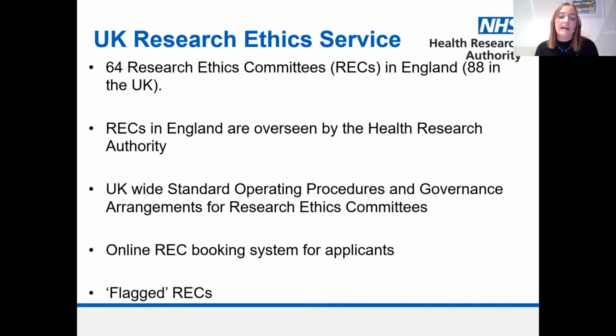We have an online ethics committee booking system for applicants. This is something we've introduced in the last few years. It used to be a telephone service. It's now a lot better because we have an online booking service where once applicants are ready to submit for ethics review, they can log into the system, enter some details about the type of research they are doing so that they are allocated to an ethics committee which is suitable to review their application,